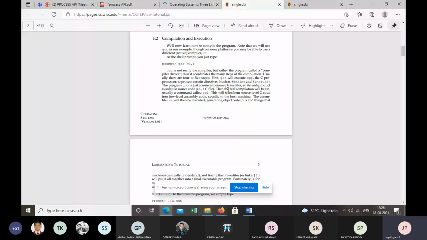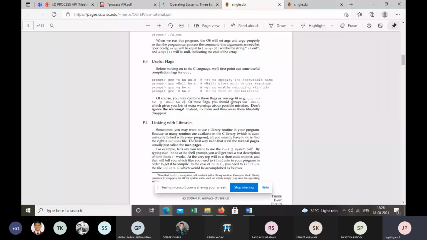Now you can see all of this information related to an XV6 lab.